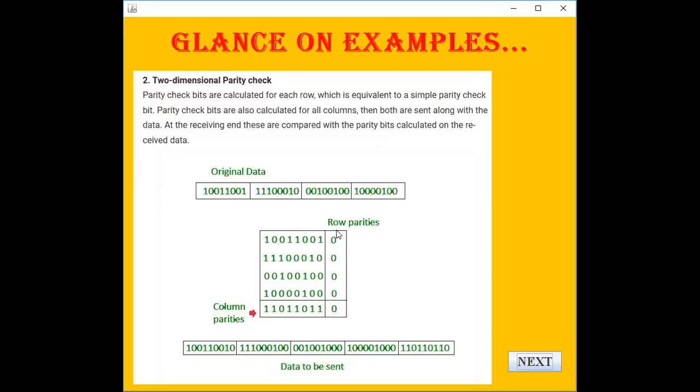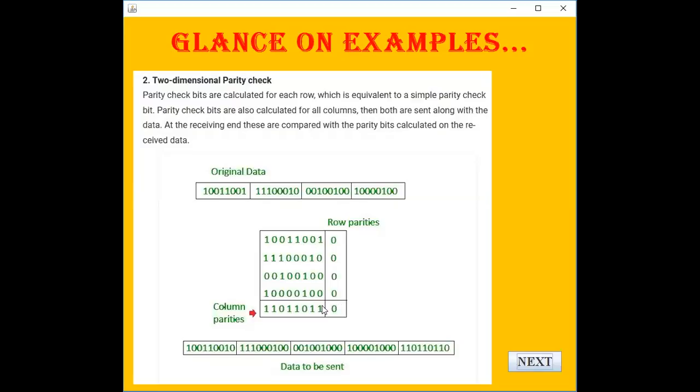The parity is added by even parity. And vertically 3 ones, so parity added 1, 1, 1, and 2, 1, again a single 1, so 1. So now this is the column parity added and this is the row parity added.